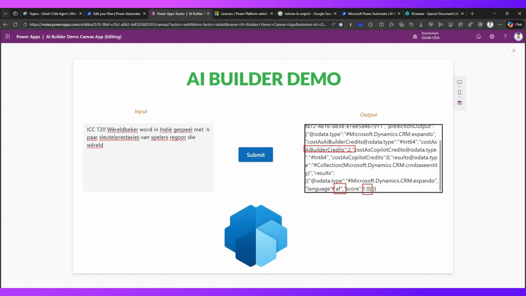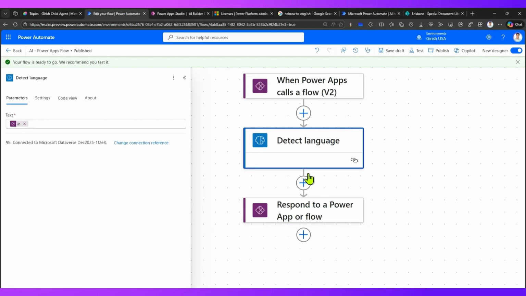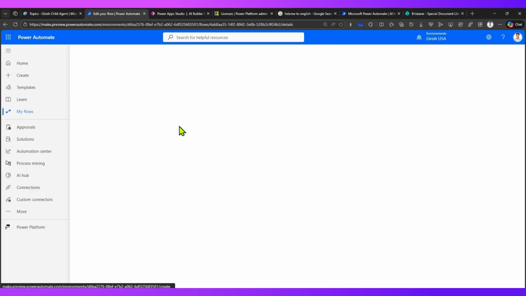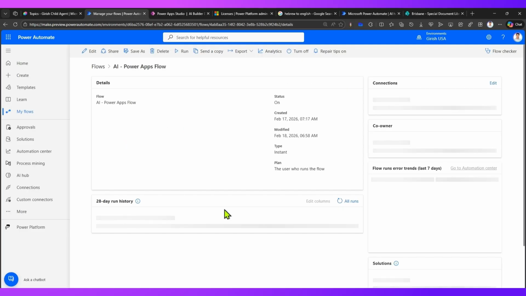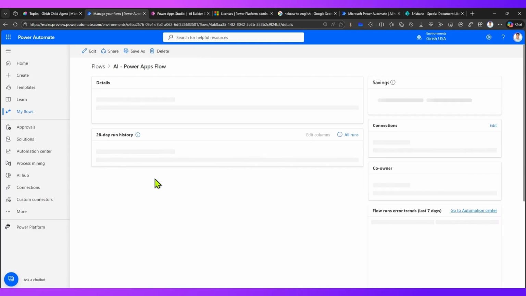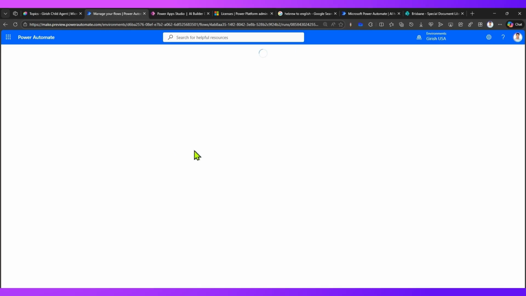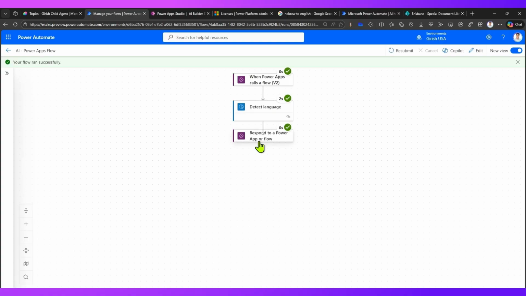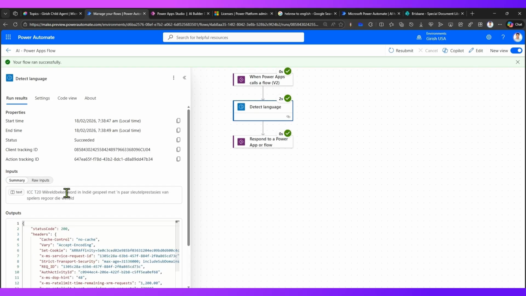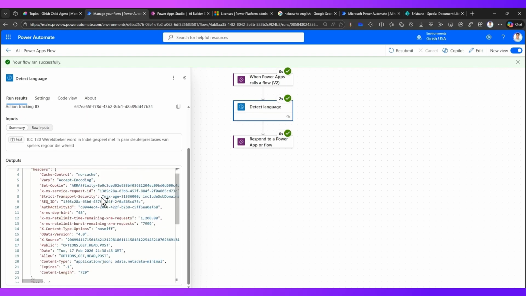Now remember, this language is in an array, and that's why we were not able to use it properly within the Power Automate flow. It inserted a loop, so you need to be aware of that. This is not just one language in a document or a piece of text, it can be multiple. Now if you go into the flow runs, you will see a lot of other information. We have run this flow like 2 or 3 times, and we will see the latest flow runs here. So if I go into the flow runs, respond to a Power App or flow, detect language. So input is a raw input, and the output which we got is this